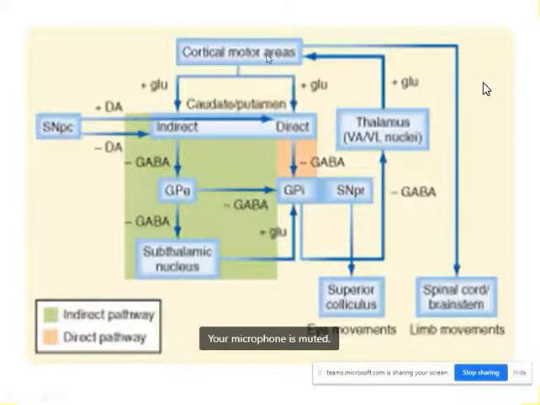This direct pathway causes the excitation of the motor area. If you look here, this pathway is there. So ultimately, the input from the direct pathway to the premotor cortical area will be excitatory. This is disinhibition, inhibition of an inhibition. The inhibition of an inhibition occurs at the level of the thalamus. I have told you this is an inhibiting neurotransmitter, and it is inhibited by this one. So disinhibition is occurring at the level of the thalamus. The direct pathway causes the excitation of the motor areas, especially the premotor areas.